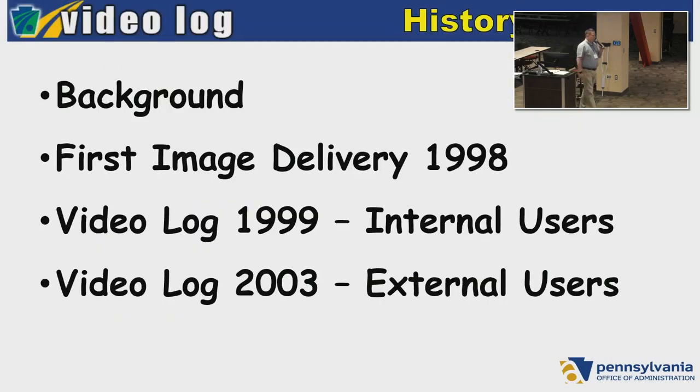So just real quickly, I'll give you a background. We say this is the 20th anniversary. We did make a kind of a big deal. It's not really true. 20 years ago, it was released to the public, to our planning partners. Anyone who's outside of the Commonwealth could view it. Back in '99 is when we actually started our first website internally. And these images like you saw there, even though they were at a much lower resolution, we started getting those back in 1998. And the BOMO Annex folks, I think, still have the original deliveries. They came in on CD.